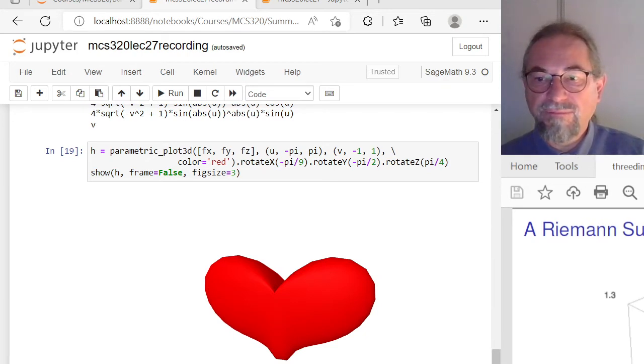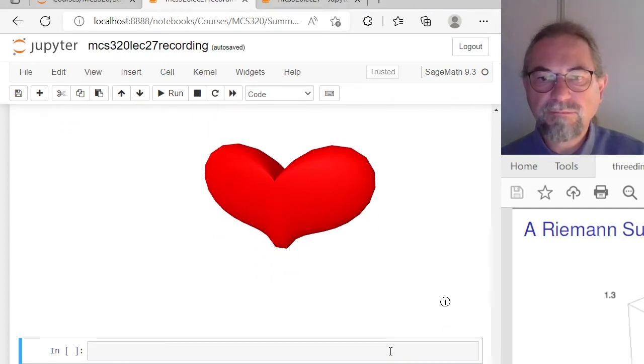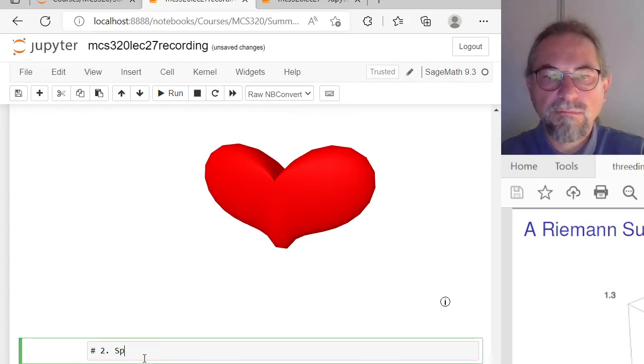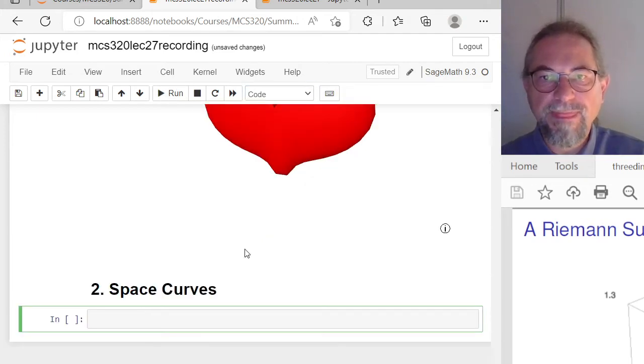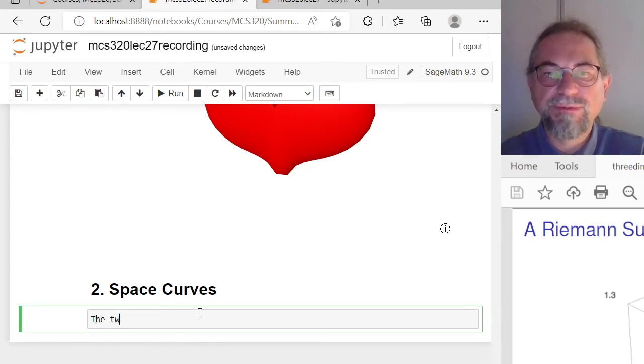Okay, so enough about surfaces. We are halfway in. So let's look at space curves now. So this is my second section. And we look at the twisted cubic. So the twisted cubic